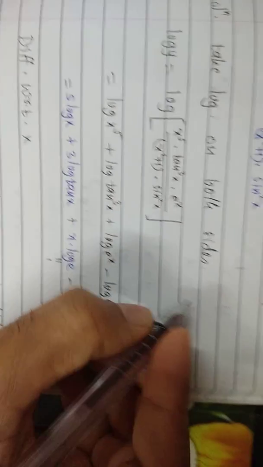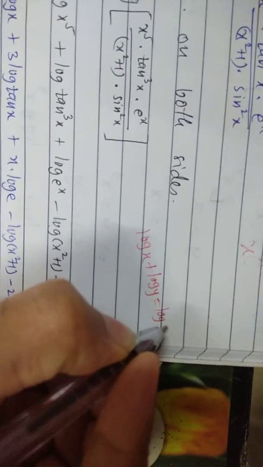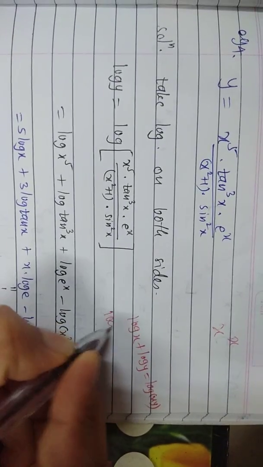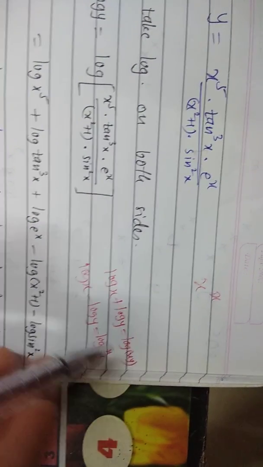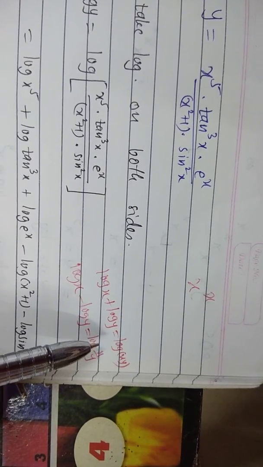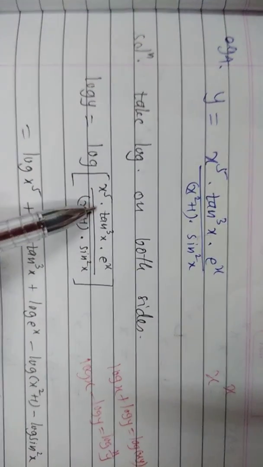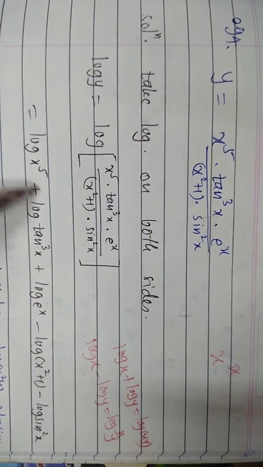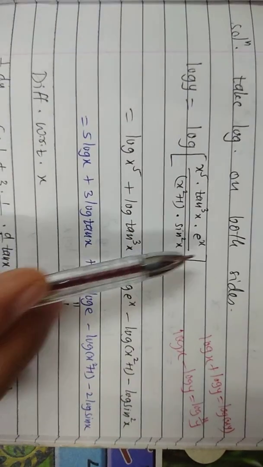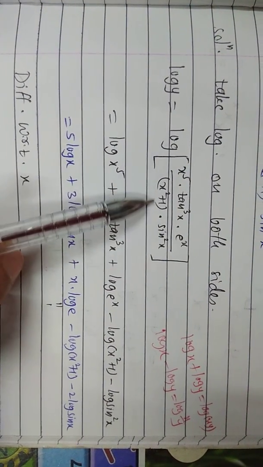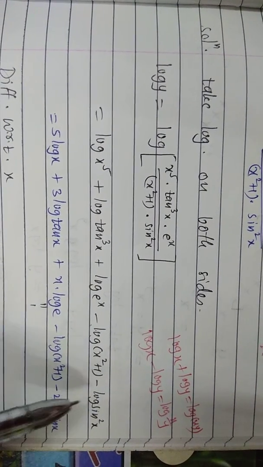Now using log x plus log y is equal to log x into y, and log x minus log y is equal to log x upon y, both properties we will use in reverse order for this. So all the terms in the numerator we have to write in addition form: log x raised to 5 plus log tan cube x plus log e raised to x, and all the terms in the denominator we have to write in subtraction form, minus log of x square plus 1 minus log